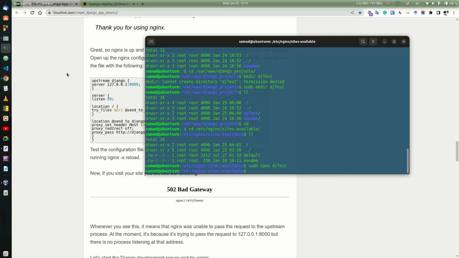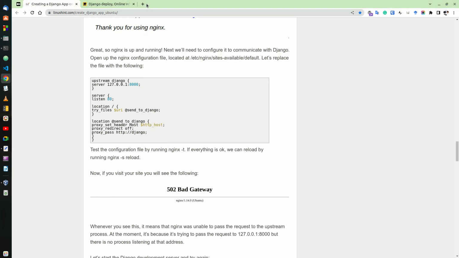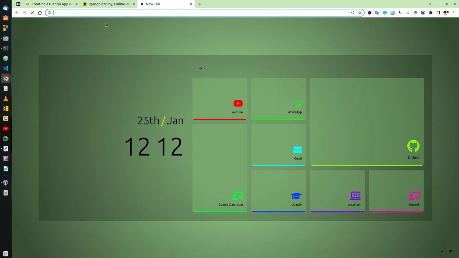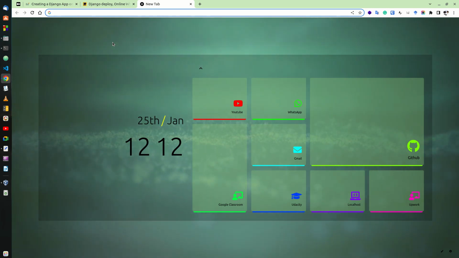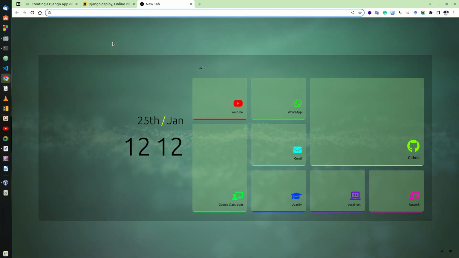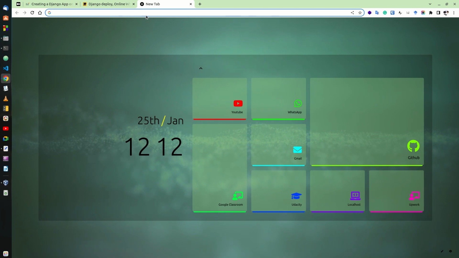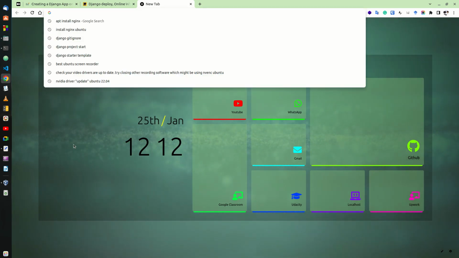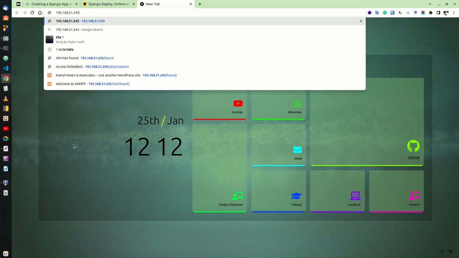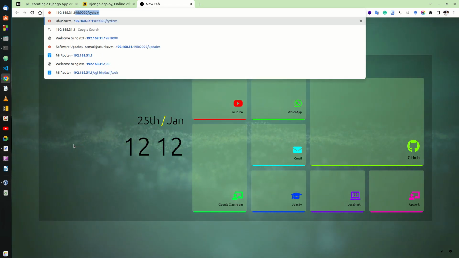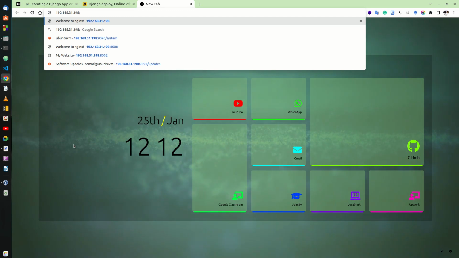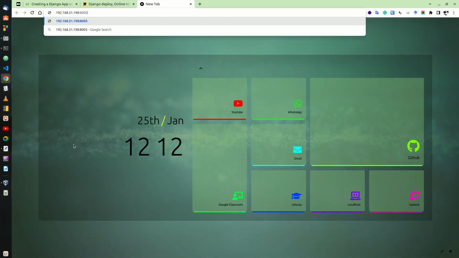So this server will receive the request from port 8005 and send to 127.0.0.1, that is localhost port 8000. So if I go to my IP address from our local machine, port 8005,